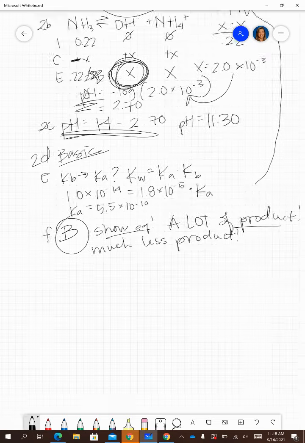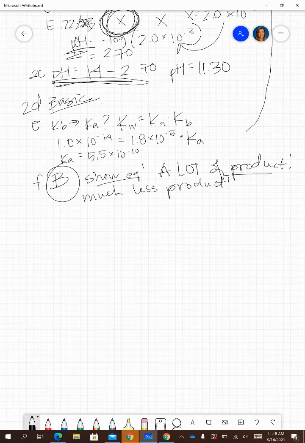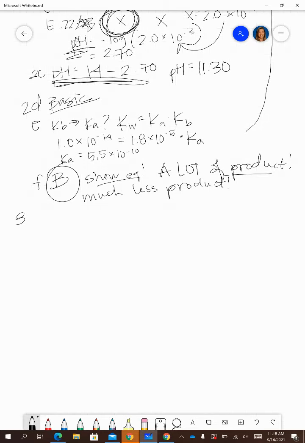Okay, on to the stretch problem. Hopefully we're doing better at this. We've reviewed this in class. 3A, I had you look at formic acid, which is something we call a carboxylic acid. This is the simplest carboxylic acid. Yep, that was a Science Bowl question recently. Okay, and this freaked people out, because it wasn't written like